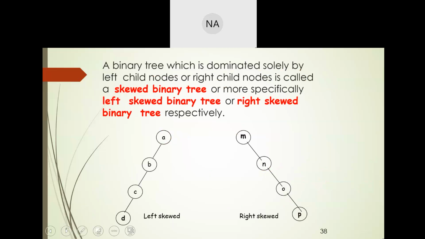Now, skewed binary tree. Another type of binary tree, a binary tree which is dominated by left child or right child, is called skewed binary tree. Okay. Or more specifically, left skewed binary tree or right skewed binary tree. So, skewed binary trees are of two types, left and right. Okay, so this is an example of left skewed binary tree. Okay, so this tree is dominated by the